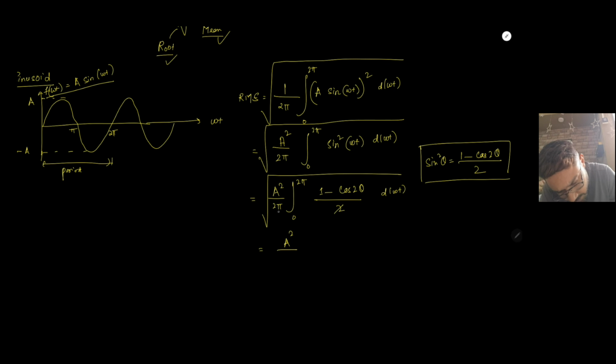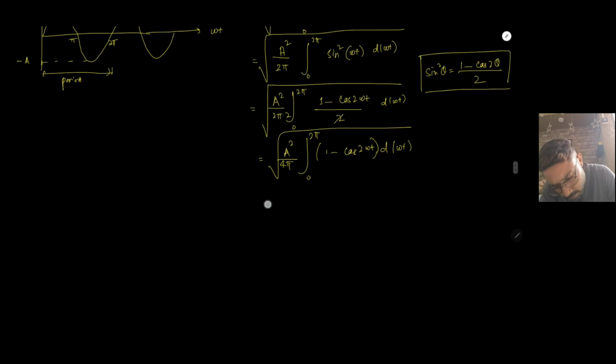We can take A squared by 2 outside. Sorry, this will be theta and this will be omega t. Okay, so if we break it down further,